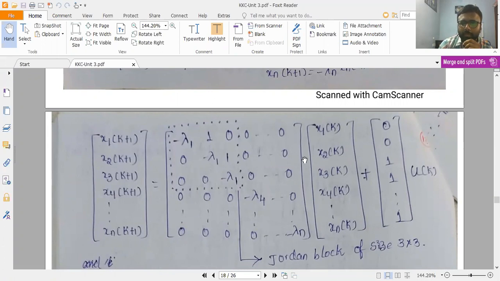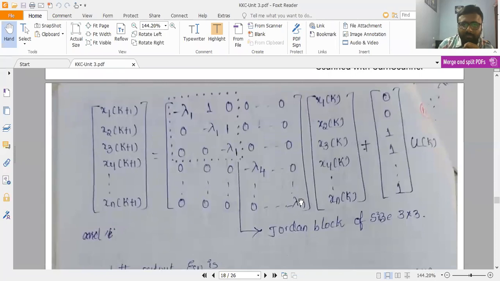Okay, we are going to be represented as Ax plus Bu. As we have discussed previously, in the case of the Jordan canonical form, we are going to observe a Jordan block. A Jordan block's size is nothing but how many times the pole is repeated. If the pole is repeated 3 times, the size is 3 by 3. If the pole is repeated 2 times, the size of the Jordan block is 2 by 2. Okay.